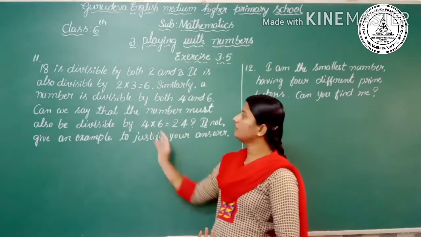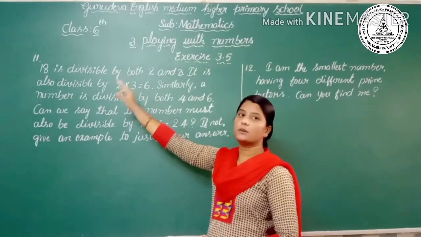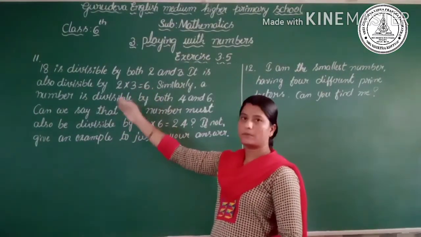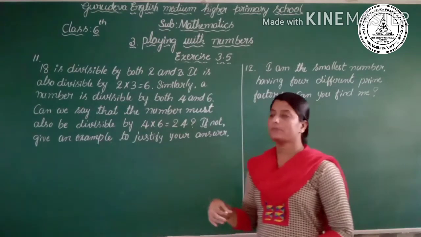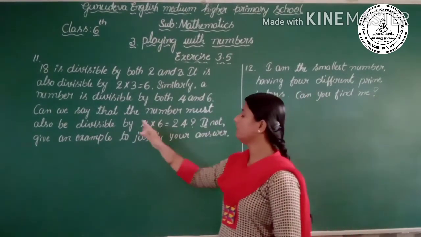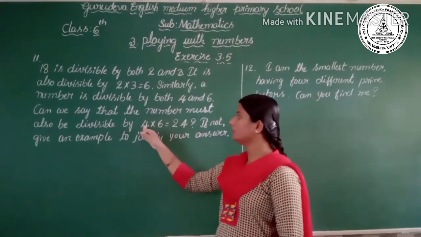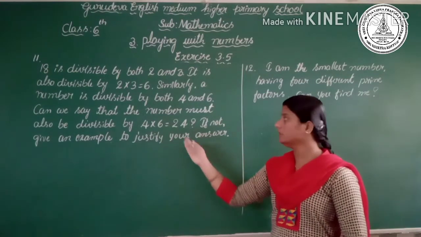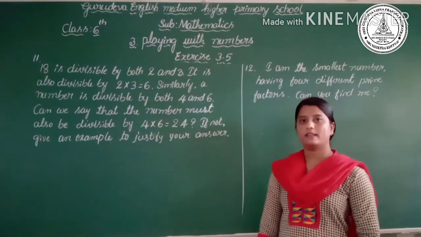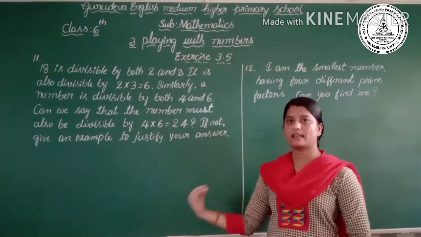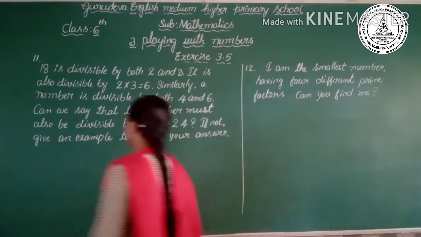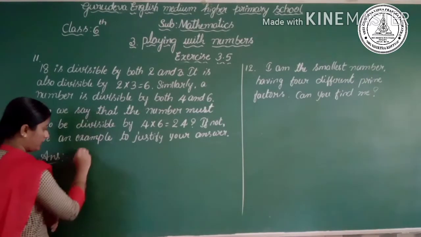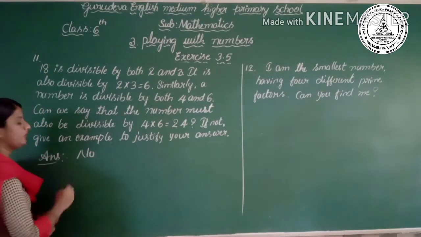Yes, we can say that if the number is divisible by both 2 and 3, the number is also divisible by 6. But we cannot say that if the number is divisible by both 4 and 6, it is also divisible by 24. So the answer is no. For example, you can take here